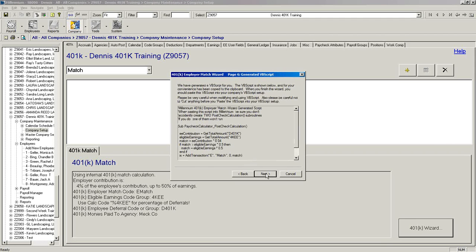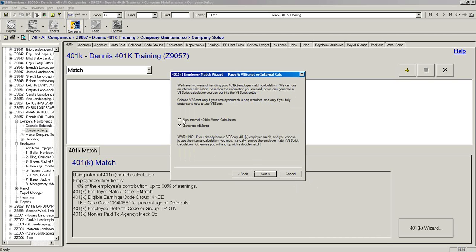And we'll click this button and we'll click next, and it will generate a VBScript, which in some cases you can actually copy and paste into that scripting section and manipulate. I don't like the way some of these get written, so I typically don't use them, but this is pretty similar to what I did in some cases. But my intent in here is to get rid of the internal match.